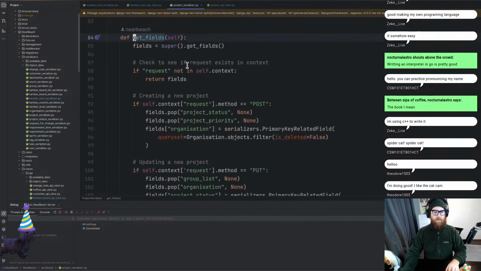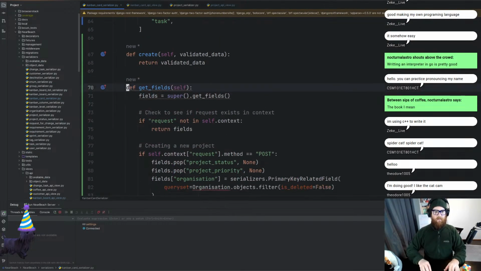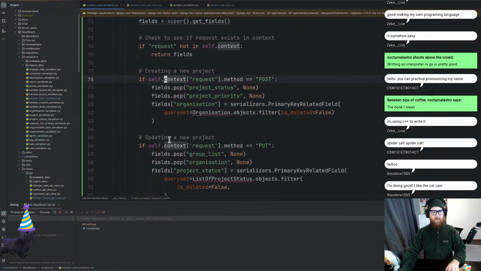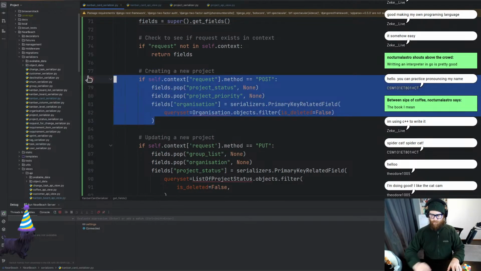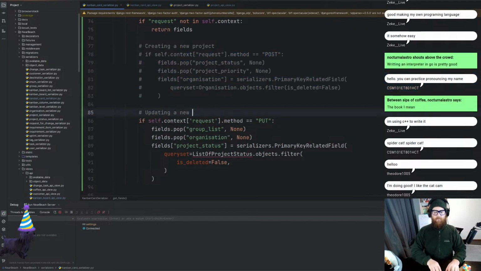What I'm going to do is copy all of this, go into here and paste. We're going to delete that. We've got the def, we've got the fields equals that. Is request. Yep. All right, sweet. We don't need to worry about the post at the moment, but we're going to comment it out. But what we do is updating